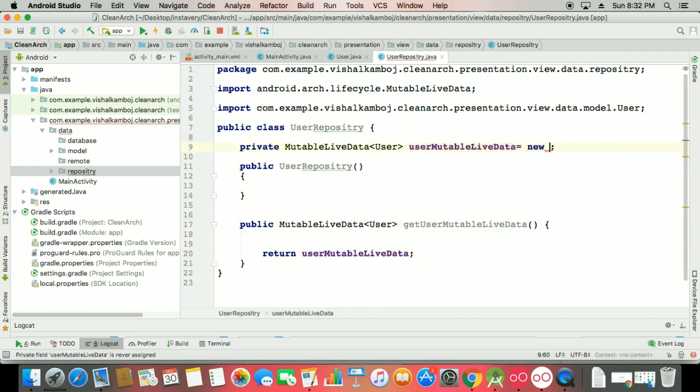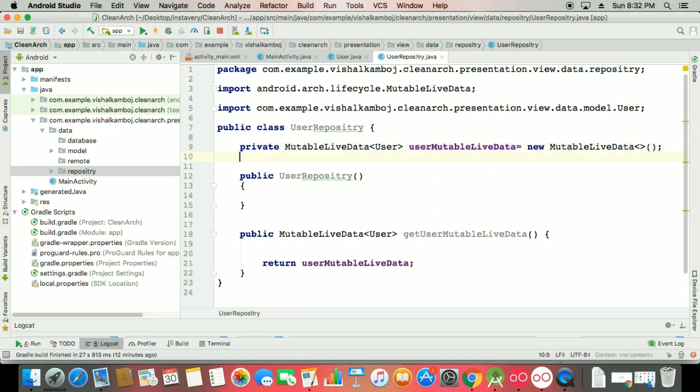Make it a new MutableLiveData. Also I'm using this private user because I have to put some name for that user. User equals new User. Maybe you get something from your database or Retrofit call here, which I will show you next.